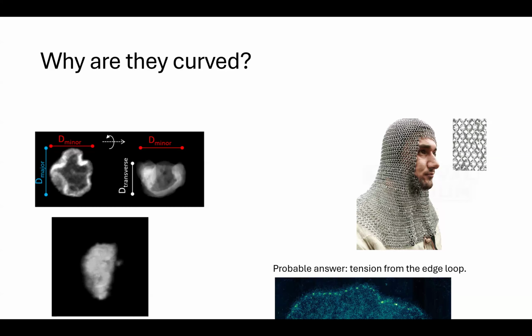I think the actual answer comes from this region of extra linkages around the edge of the networks, which you can think of like the elastic band in a shower cap, which keeps the whole thing under tension, which is resolved by curving the network. There was actually a preprint that came out yesterday also talking about this, which I have not yet incorporated, but it doesn't really matter because I'm not talking about that anyway.